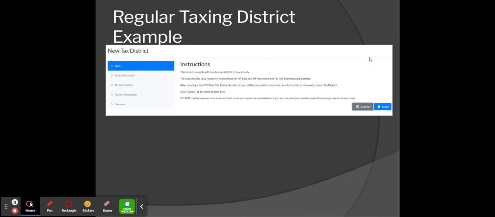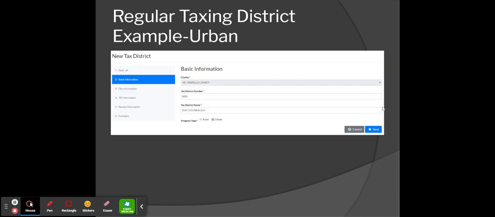So we add our tax district. Again, here's some basic instructions. We select Next. This is an urban district, so we're going to enter our tax district number. And one thing about the numbers, I will tell you, it will populate for you the next available taxing district number. This is an editable field, but I would suggest using what is populated here in almost all cases. So if you have any questions about the tax district number, let me know,